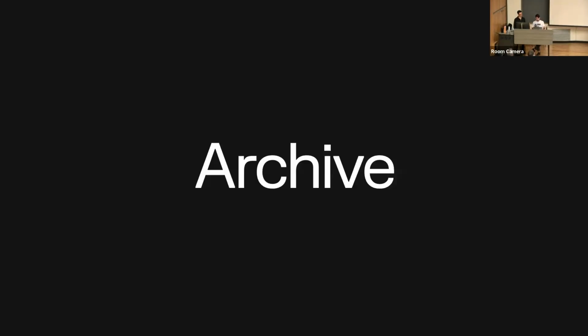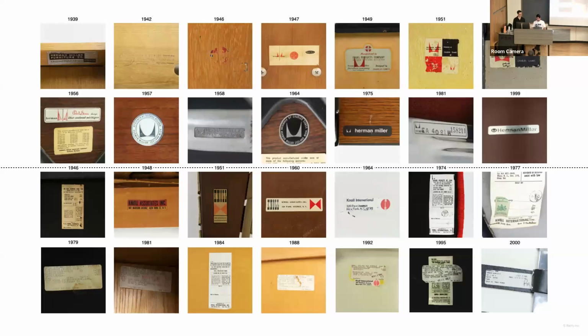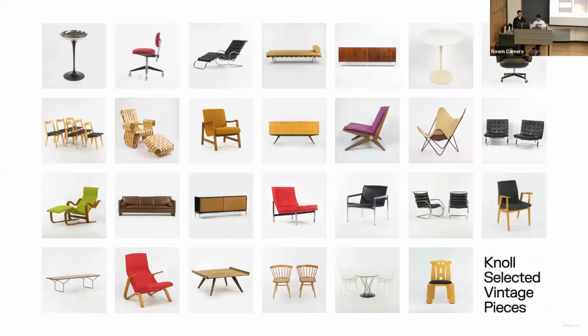Running our business, we've been able to continually build up an archival data set representing an enormous volume of rich design data. So for years, we've also collected and bought or sold works by Knoll and Herman Miller from their beginnings many decades ago until now. Knoll in the 1940s began, and then Herman Miller before then. We pay close attention to and document the original labels and markings, which indicate the era of production.